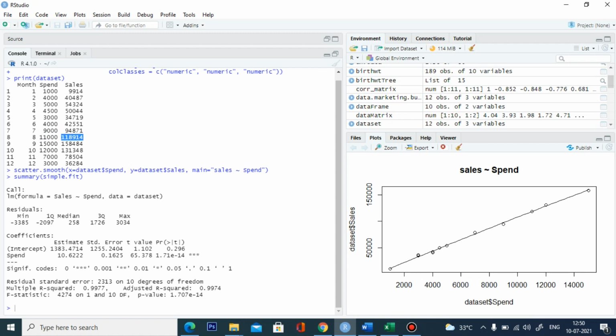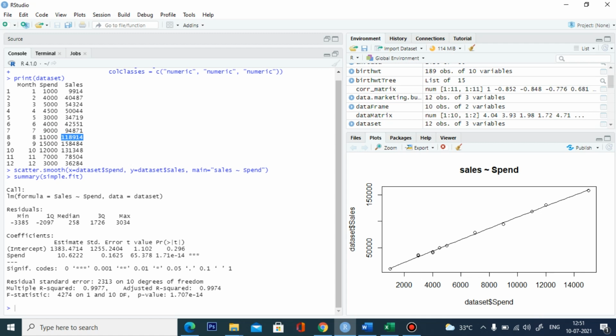So that shows how your y variable varies depending on your x variable. The y variable depends on the x variable. If the x variable, your spend, is reflecting 10 times of your sales, then there is a good relation between y and x. So there is a significant model having a good relationship between your predictor variable and your response variable. So it's kind of a good predicting model.